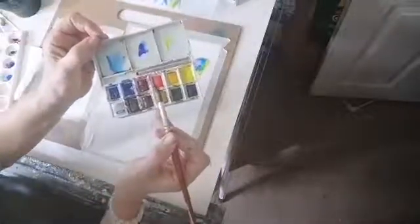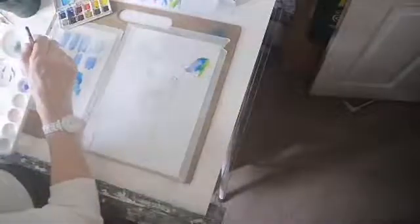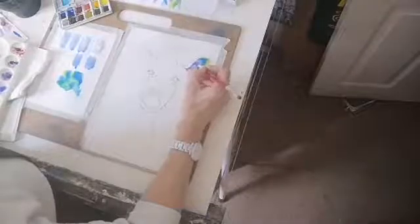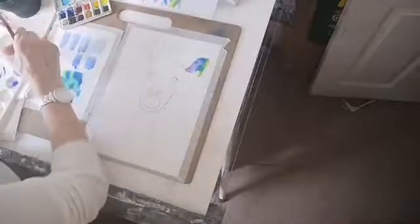This is the purple that I mixed earlier. I just used my crimson red, which is the more pinky red. I've got two reds in this set, a brick red and a crimson red, in with this dark blue to create my purple. You can see it's a lovely shade of purple. And just go a bit stronger along the edge of her ear here. And obviously the purple's going to mix with the blue, so we're getting all sorts going on. Just a bit stronger